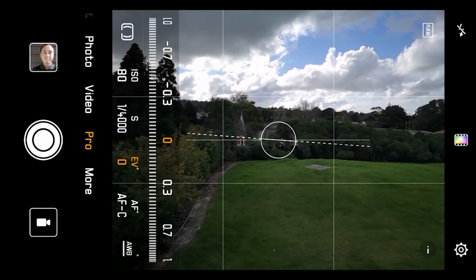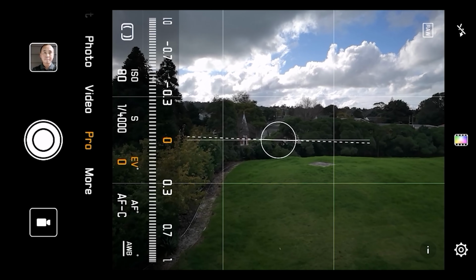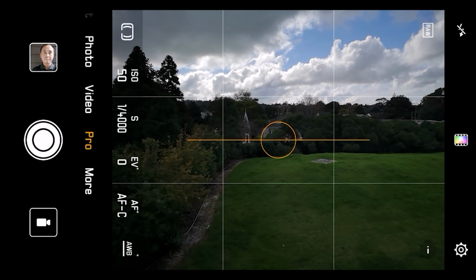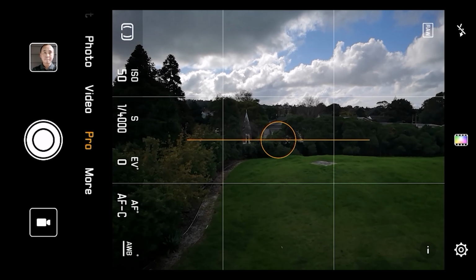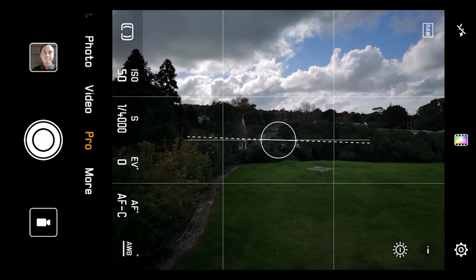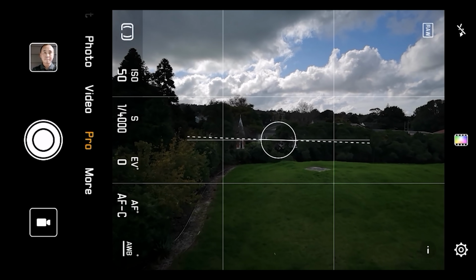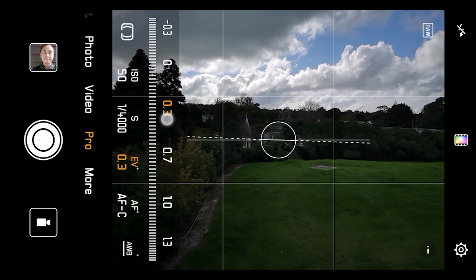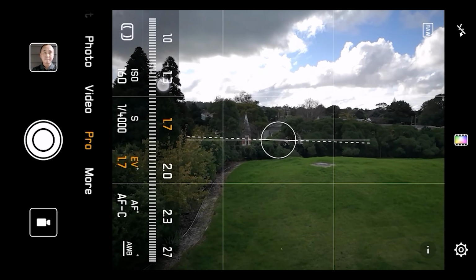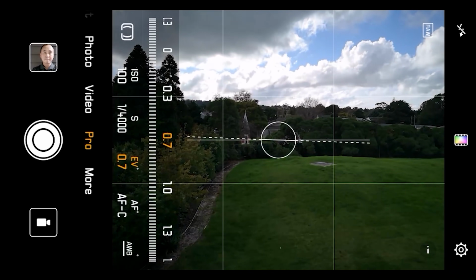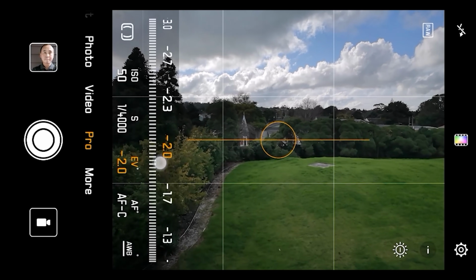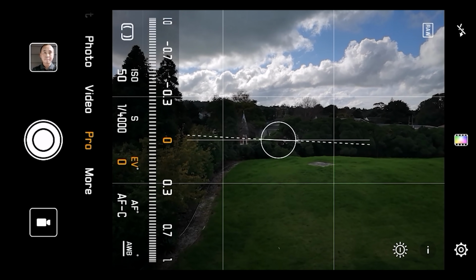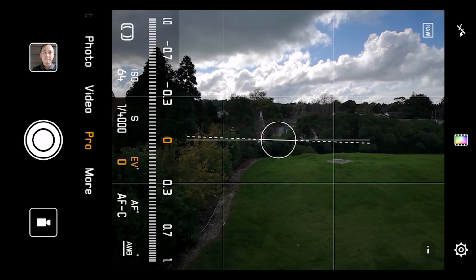Next one is the EV. Remember I previously said if you tap on the screen and there's a sun icon next to it, that's what you have when you are shooting in the photo mode. But if you are capturing in the pro mode, then what you use is the EV value. So if you turn it up to a positive value, it will brighten the scene, and if you go to the negative, it will darken the scene. So yeah, you can use this one to control the brightness of the photo that you are capturing.